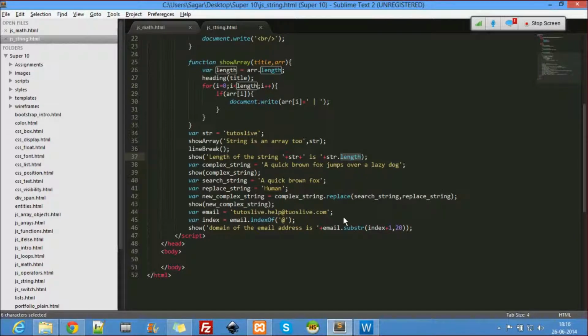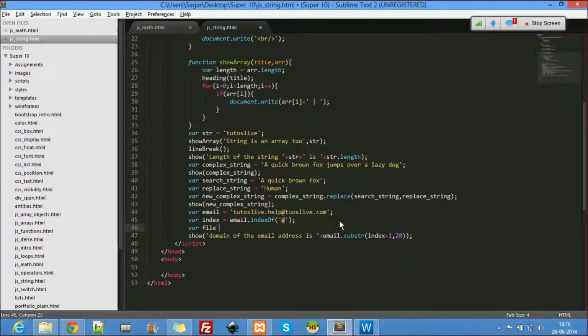or you need to know the file extension. What if you need to know the file extension of something using JavaScript? How do you do it? You look for the dot, whatever there is after the dot is the file extension, right? Let me just do it here. File equal to, let's say, tutoslive.png. Show file extension of, file extension is